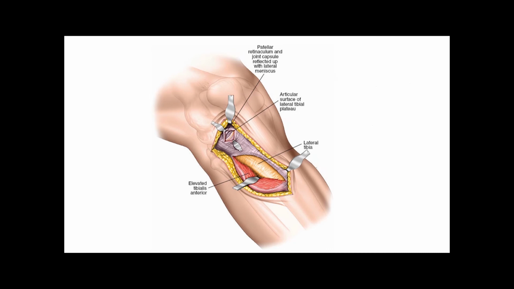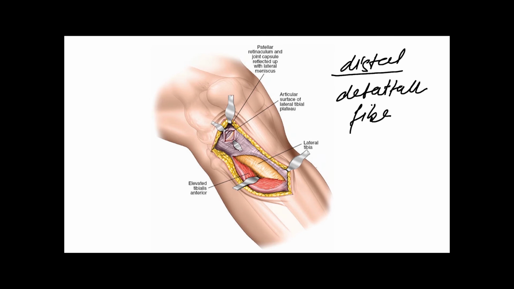Then we talk about the distal deep dissection. We detach fibers of tibialis anterior muscle from proximal aspect of the tibia, and the number of the fibers that must be detached depend on the surgical approach, that is, the length of the tibial plateau that we need to expose during our approach.